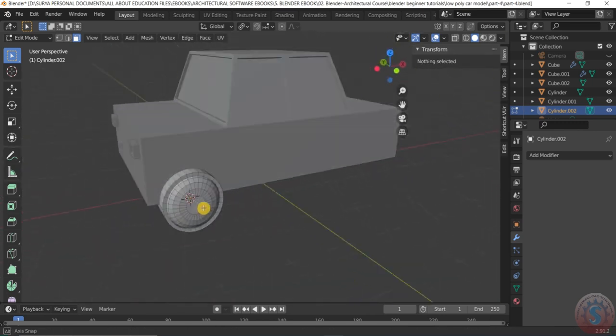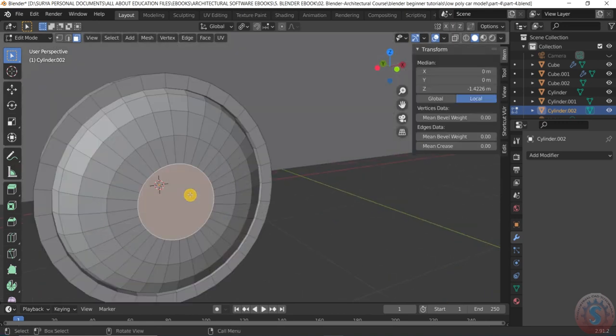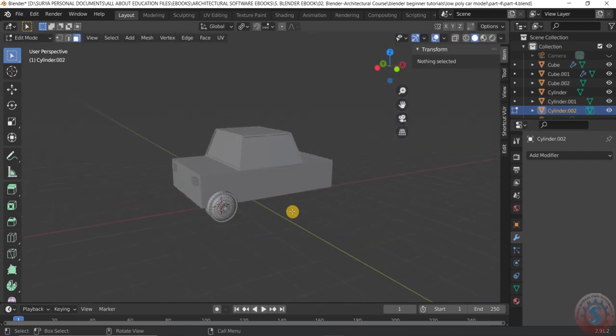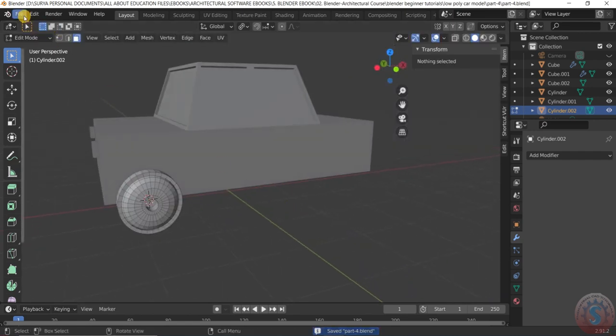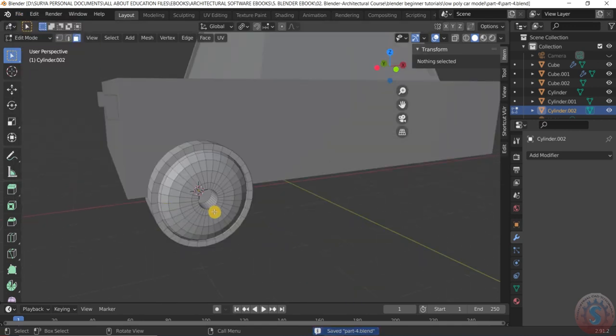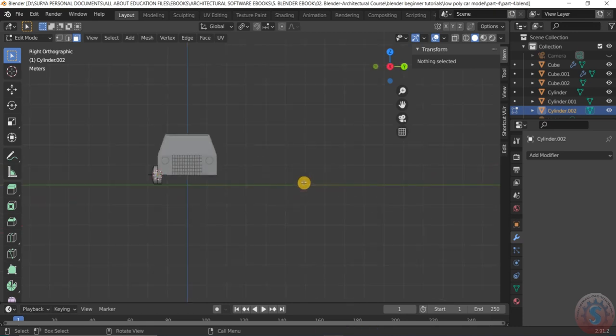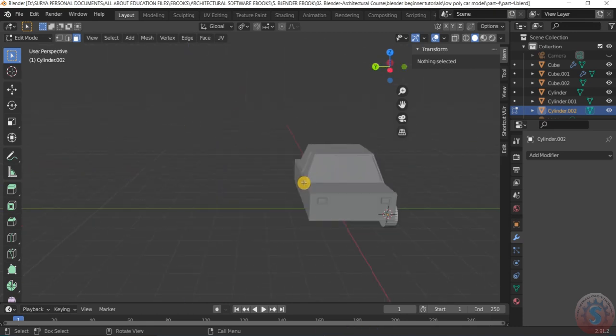Can observe. Again I want to inset, I, and E extrude to somewhat inside. See, the mesh is created successfully